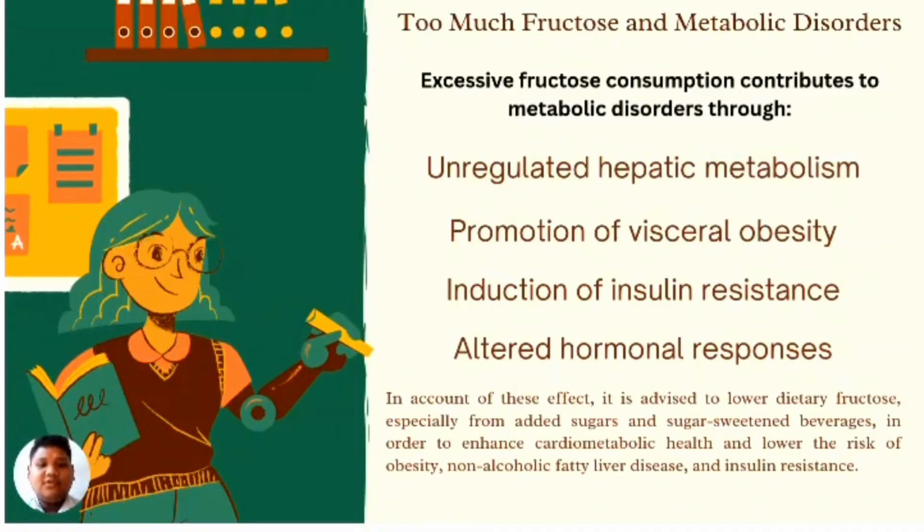Next, for the promotion of visceral obesity. High fructose consumption leads to postprandial hypertriglyceridemia, which promotes fat deposition in the visceral adipose tissue. This increases free fatty acid delivery to the liver via the portal circulation, further worsening hepatic fat accumulation, contributing to obesity and insulin resistance. Continuing on, fat accumulation in liver and muscle tissues trigger lipotoxicity driven by harmful lipid intermediates